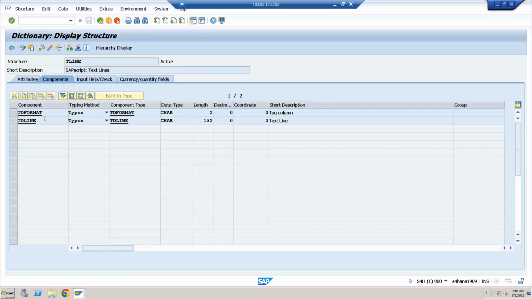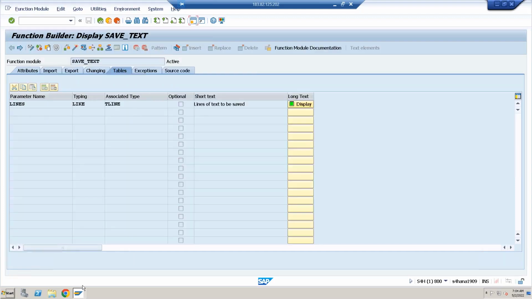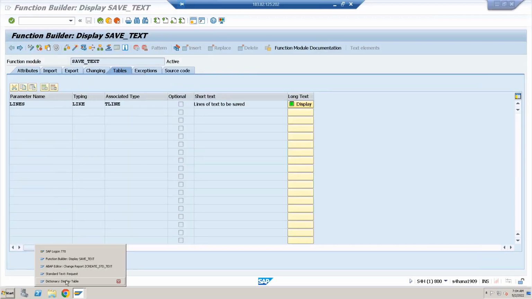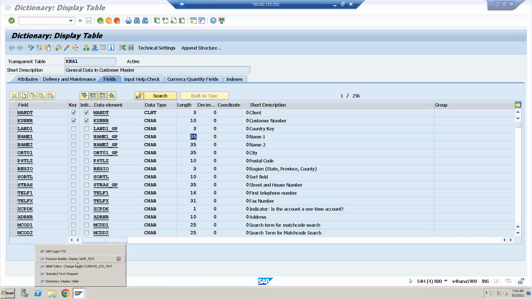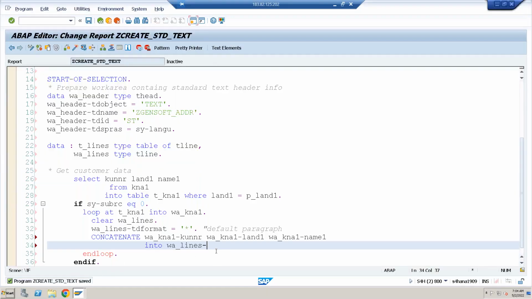First field is TD format, second field is TD line. Each can be a maximum of 132 characters. In our case, the combination of customer number, land one, name one is how much? Customer number is character of 10, land one is character of 35. Around 48, not more than 132. Done. So it concatenates into TD line